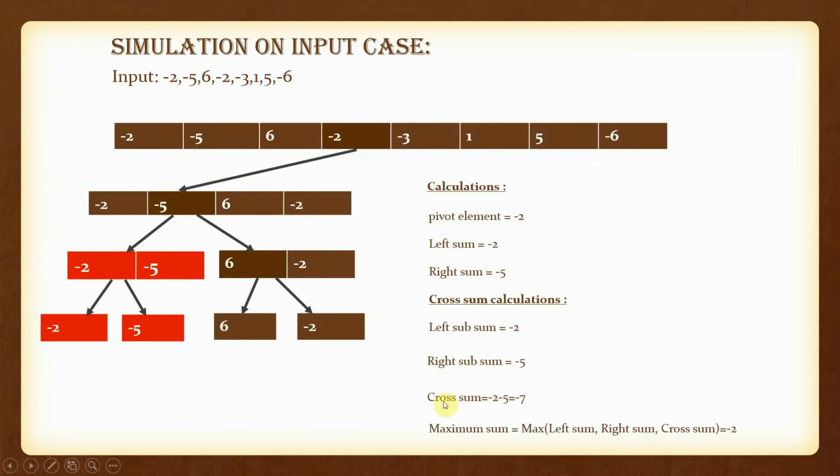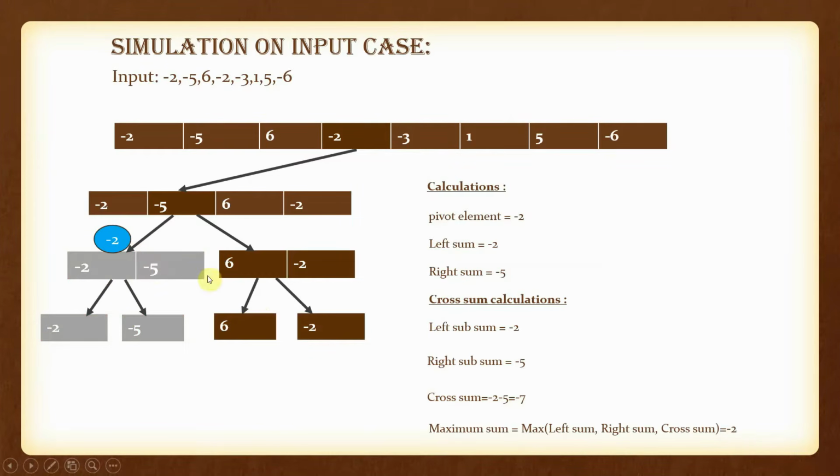Then we'll calculate cross sum. Cross sum is the summation of left subsum and right subsum. So here cross sum is -7. Then we will calculate maximum sum. Maximum sum is the maximum value among left sum, right sum and cross sum, which is here -2. So we got -2 as maximum sum